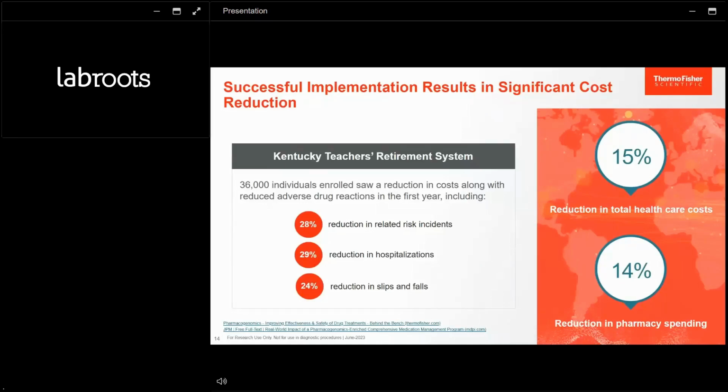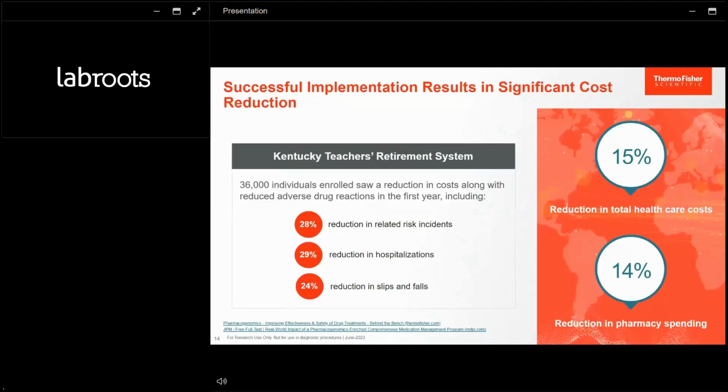So they had 36,000 individuals enroll voluntarily in this program. They did pharmacogenomic tests on them, and they analyzed the outcomes of these tests with the individuals and their doctors and prescribing agencies. What they found was that knowledge of the pharmacogenomic information had approximately a 30% reduction in risk of adverse drug effects, and a reduction in hospitalizations,